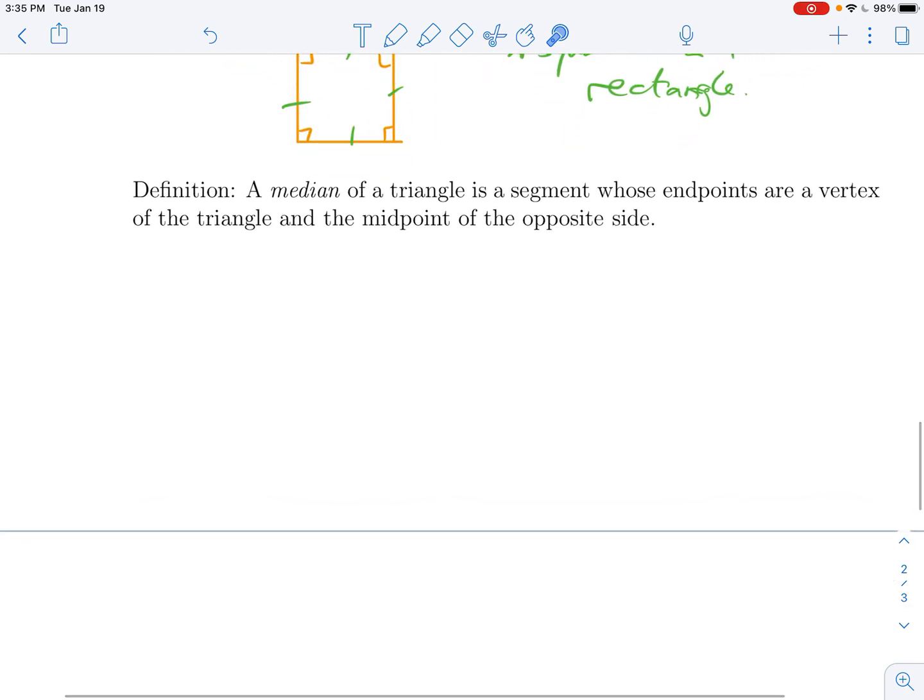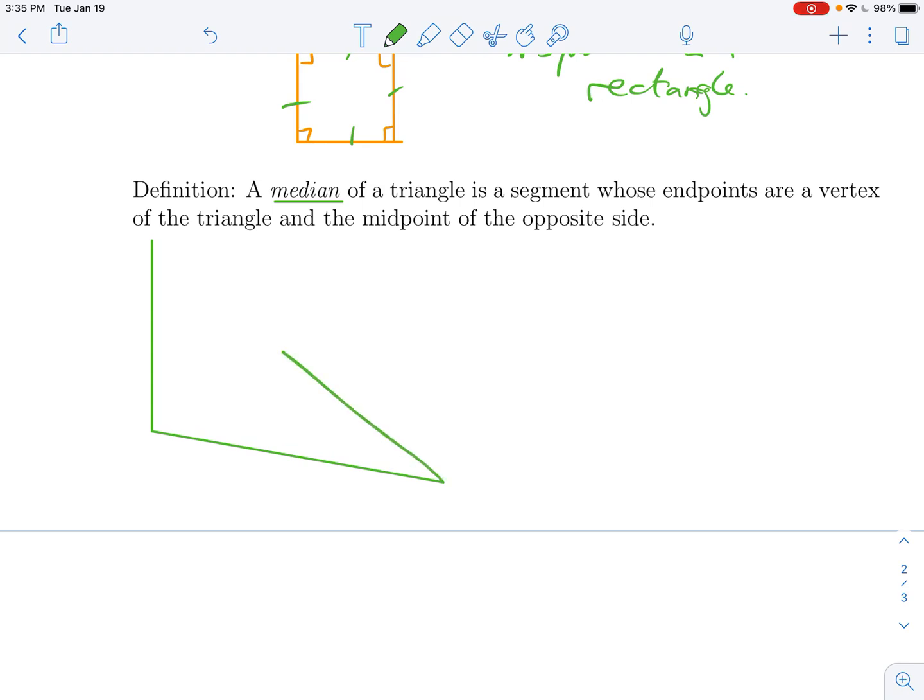So here, a median of a triangle is a segment whose endpoints are a vertex of the triangle and the midpoint of the opposite side. So here I'm going to draw a triangle. Here's triangle ABC. And maybe over here I have the midpoint of segment AC. Midpoint means that those two distances are equal. So if I draw a segment from one vertex to the midpoint of the opposite side, that segment is called a median. So segment BN is a median